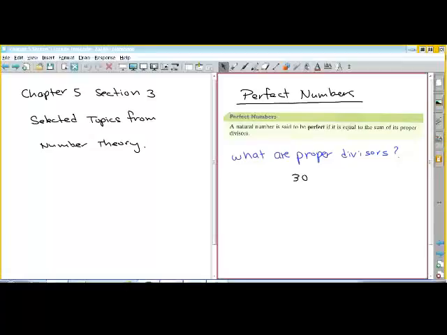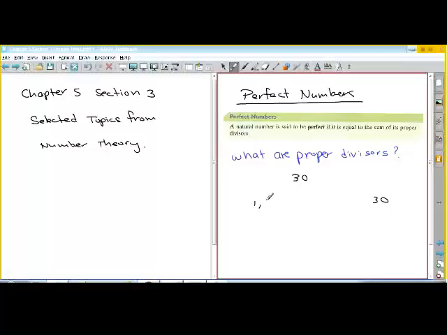Okay, so this just basically talks about some interesting types of numbers. There are things called perfect numbers, and a perfect number is such that the divisors or the factors less than that number add up to be equal to the number itself. So what does that mean? Let me give you an example. Here's a number, 30. If I list the factors for 30,